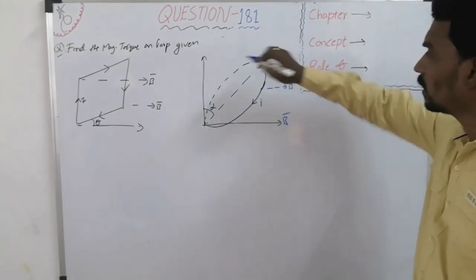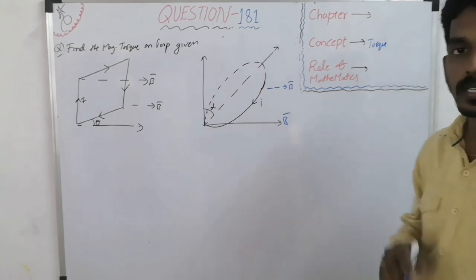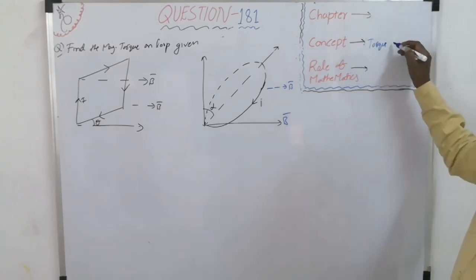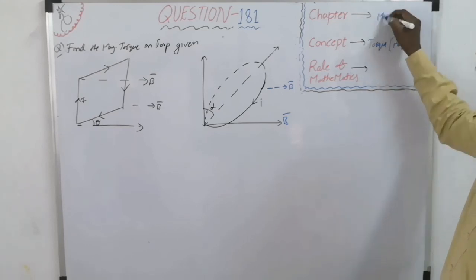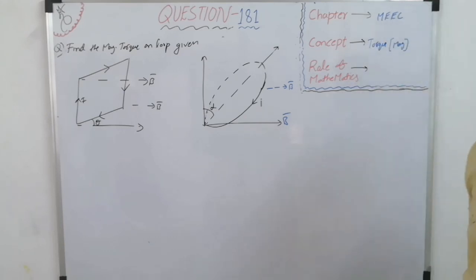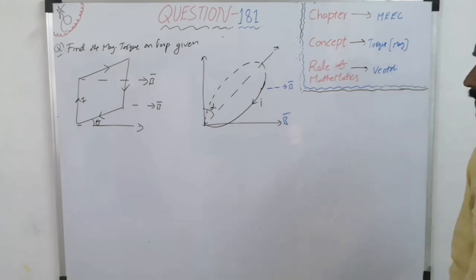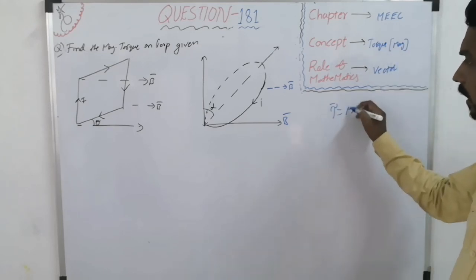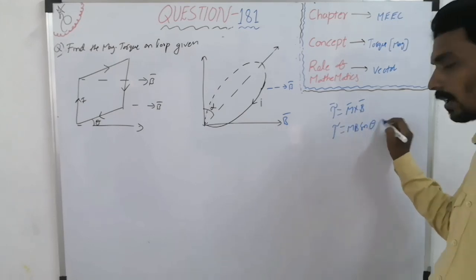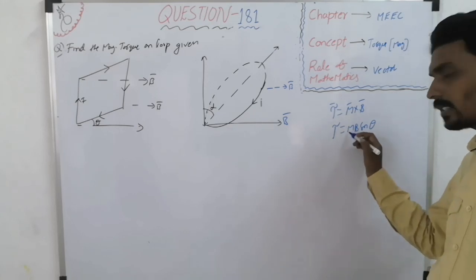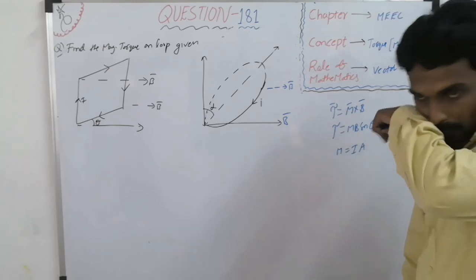Everyone, let us take one question based on torque, but not system of particles torque. It is a torque due to magnetic field, that is magnetic torque. So, magnetic effects of electric current. Again, we will have to use the vector product. The torque acting on a current carrying loop is m bar cross b bar, mB sin theta, where theta is the angle between m bar and b bar, and m is current into area of the loop.